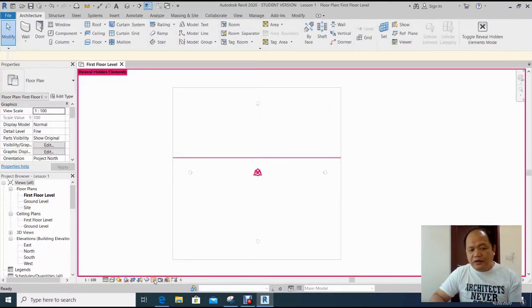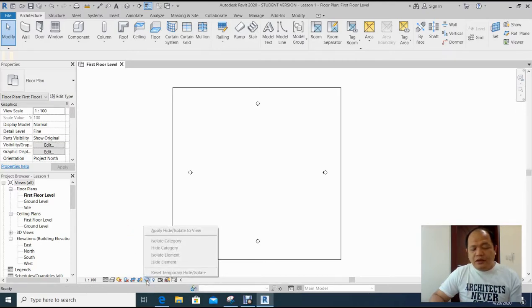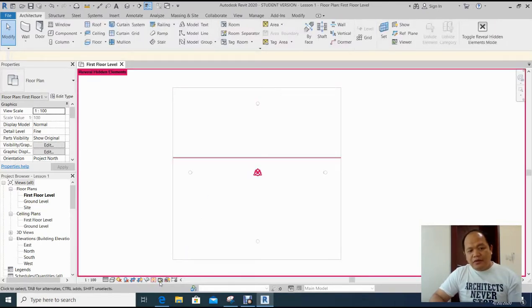If I click on the light bulb here, the hidden element will be shown. If I unclick the light bulb, it will disappear. So let's go back. The eyeglasses now is disabled right here. For you to bring back that wall, you have to click on the light bulb, select